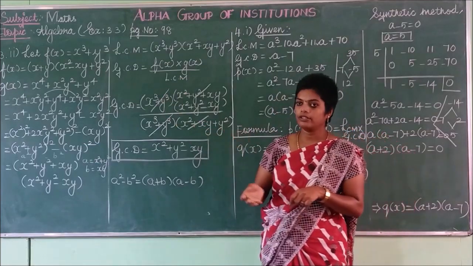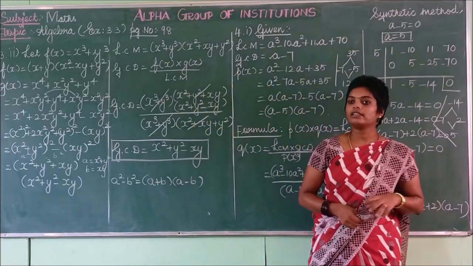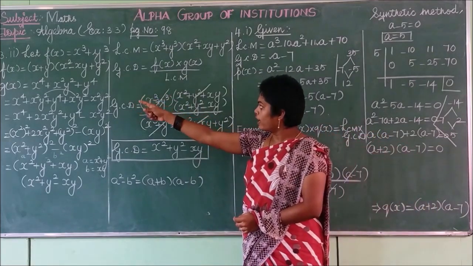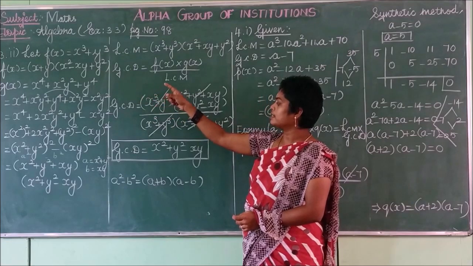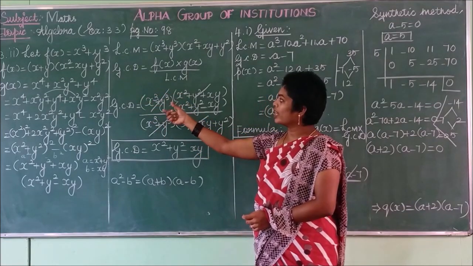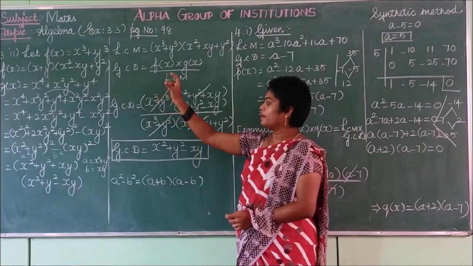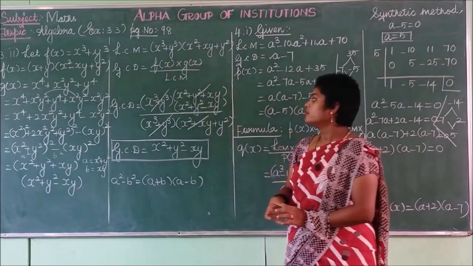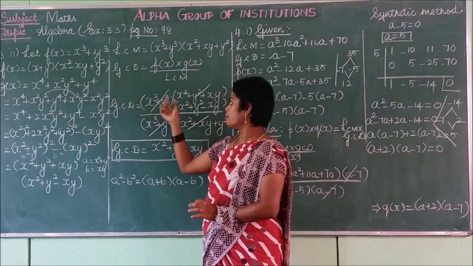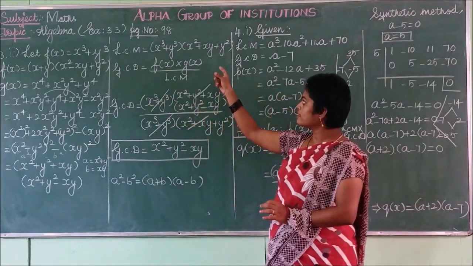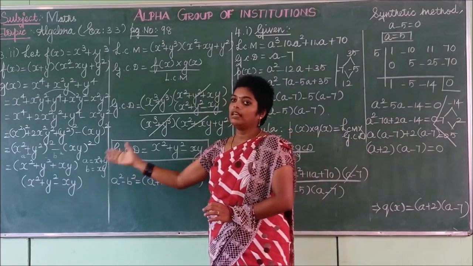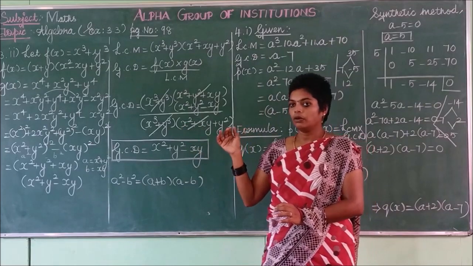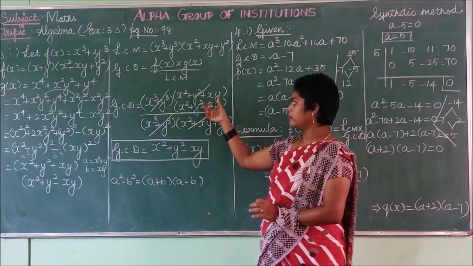So substitute the values we have found already. So what is our f of x here? Our f of x is x plus y into x squared minus xy plus y squared, or else you can simply take x cube plus y cube, because here also x cube plus y cube, easily they get cancelled. Then what is our g of x? Our g of x is x squared plus y squared plus xy into x squared plus y squared minus xy. So you have to apply that.